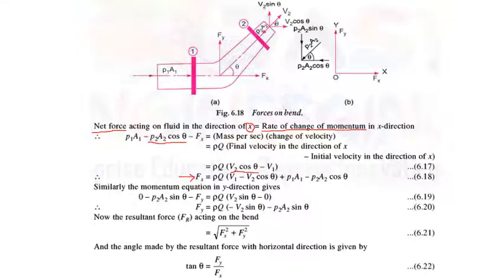Similarly, you have the equation for Fy, which is given by rho Q into minus V2 sin theta minus P2A2 sin theta. So the resultant force Fr is given by the square root of Fx square plus Fy square, and the angle made by the resultant force with the horizontal is given by tan theta equal to Fy by Fx. Now let's see the problem